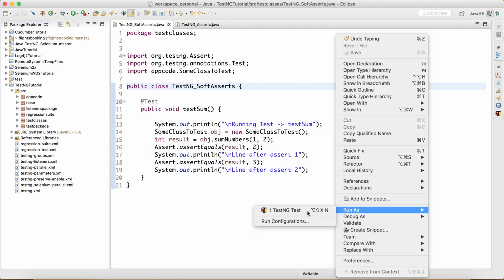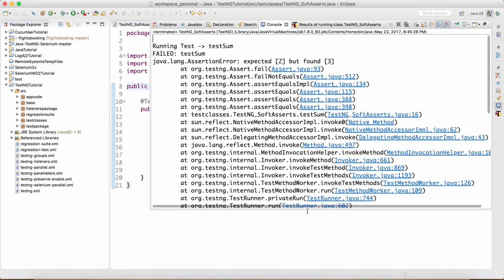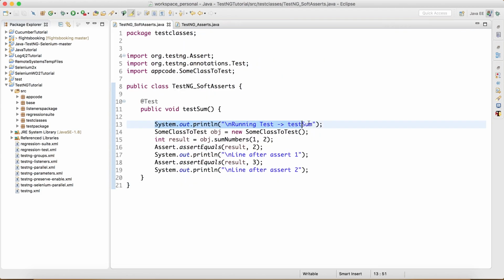So run as TestNG test, and it failed. What happened? The test is failed. We know that, we expected it. The only line that was printed is running test sum, and then it just failed the test case. So the only line that was printed was this one. This assertion failed, so this line was not printed, and obviously this line was not executed,